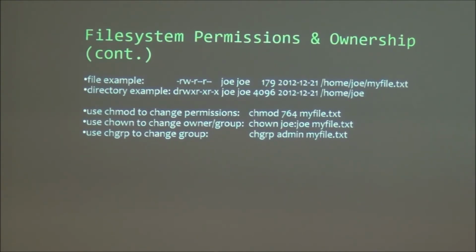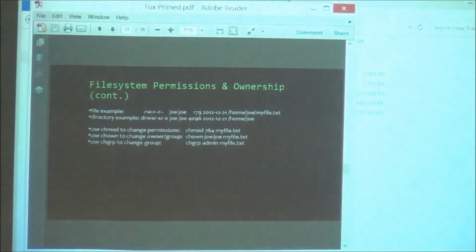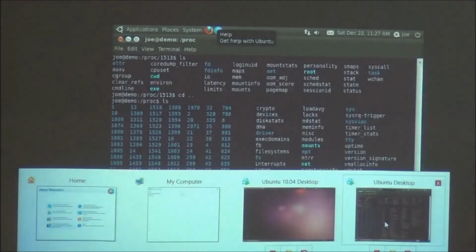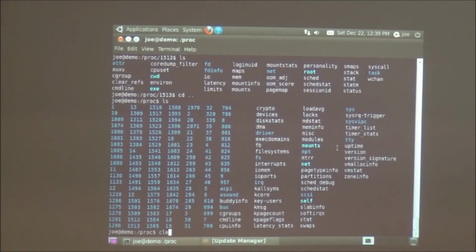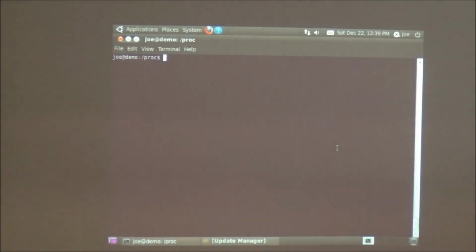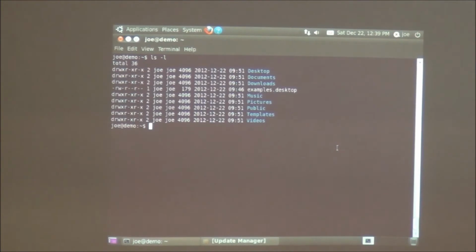Okay, let's go grab a virtual machine. So if I just do ls, it just gives me the files.